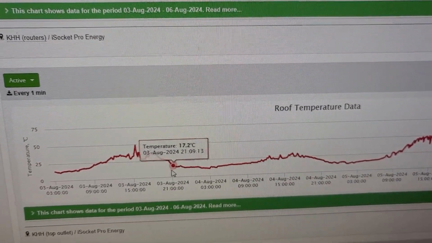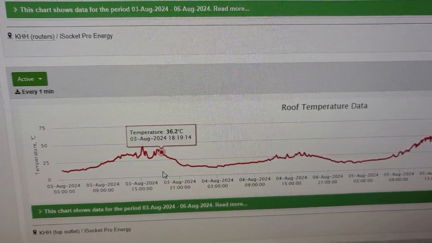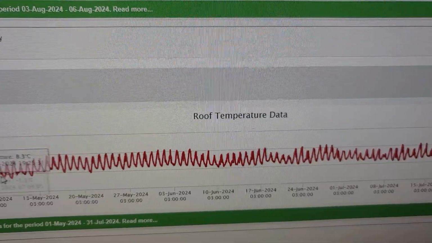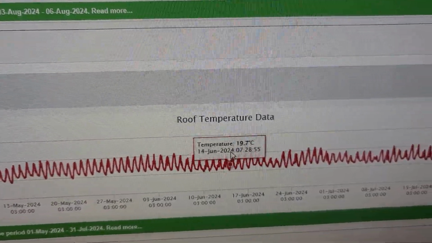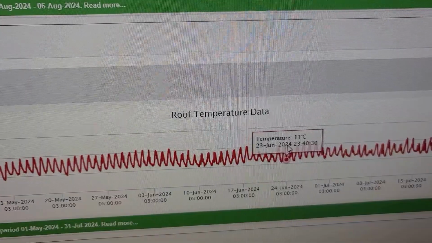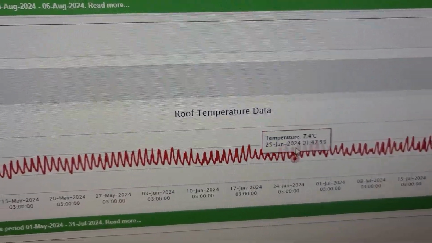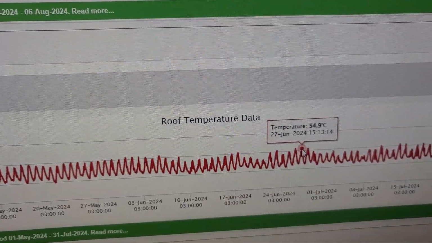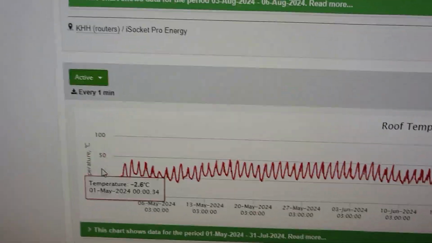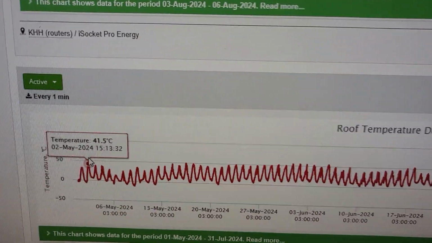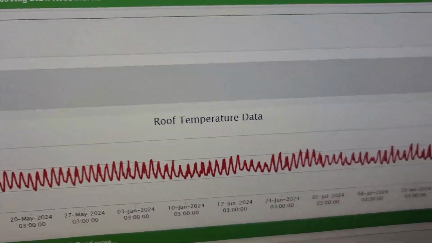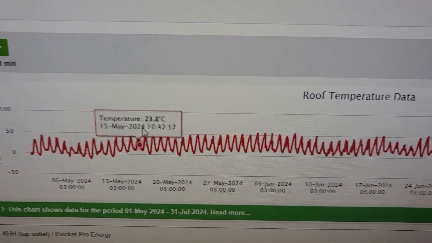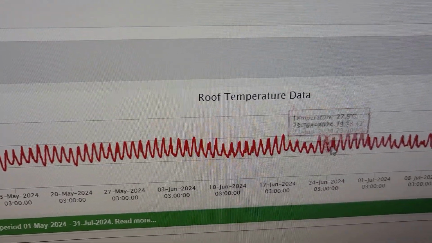I will remind you where the sensor is located. I selected the period from May to July, where we had more sun. And well, we have peaks of, I'm not able to catch it now, up to 55 Celsius. Well, but we are still within quite a good margin, yeah? So it's okay to install on the roof here in Finland.